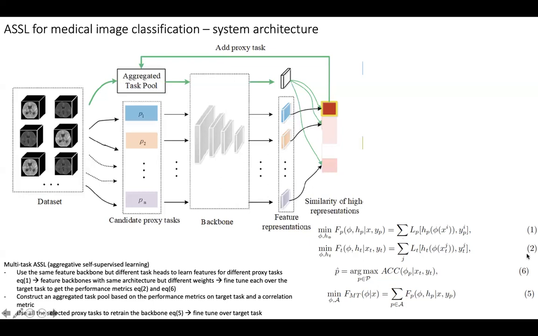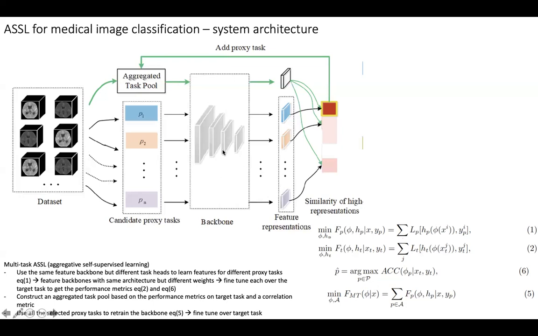Based on these evaluation metrics, we then select from the candidate proxy tasks those very meaningful, very useful proxy tasks, so that we can get this aggregated task pool. The key rule is we select the proxy task according to its evaluation metrics in the target task